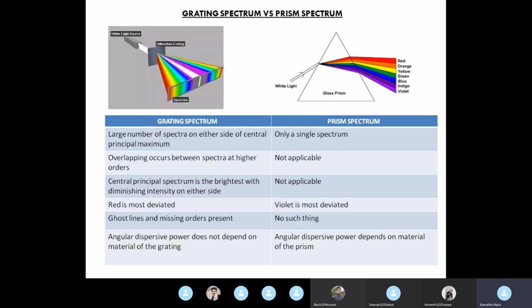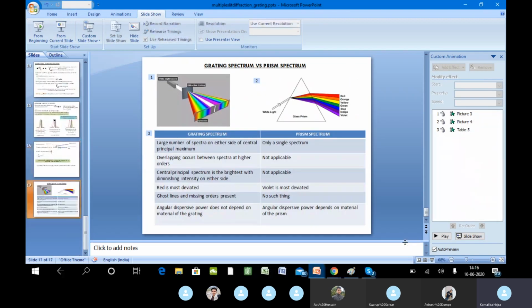Okay. All right. So that brings us to an end of this discussion of multiple slit diffraction, grating, and a bit of resolving power. If there is any question that you might have now, you can ask me now or you can ask me later on. But that completes our discussion on Fraunhofer diffraction comprehensively. We have not left anything out in the discussion of Fraunhofer diffraction. The only part left is Fresnel diffraction, which is a very short part of your syllabus.